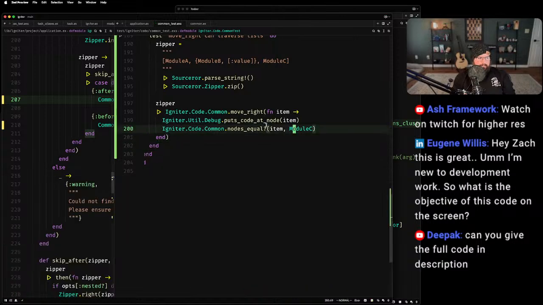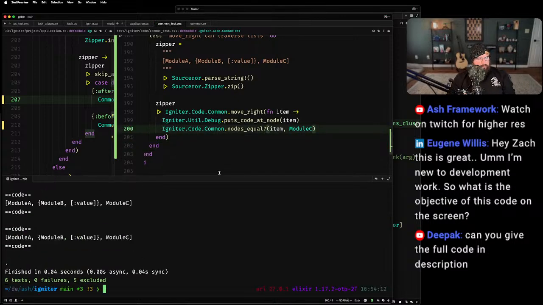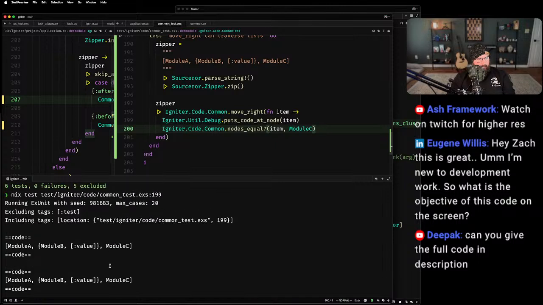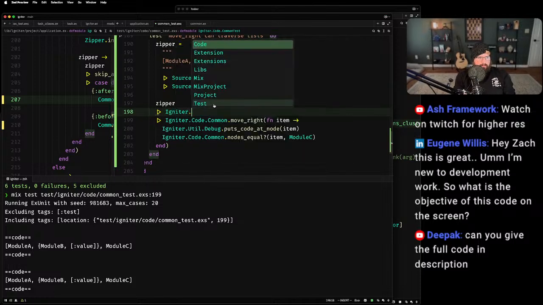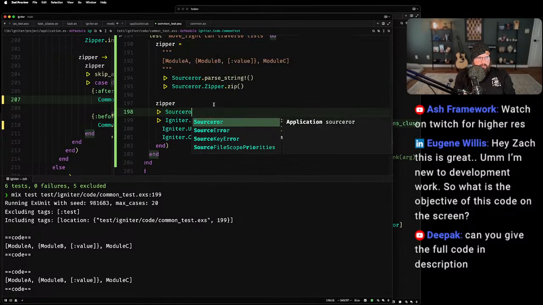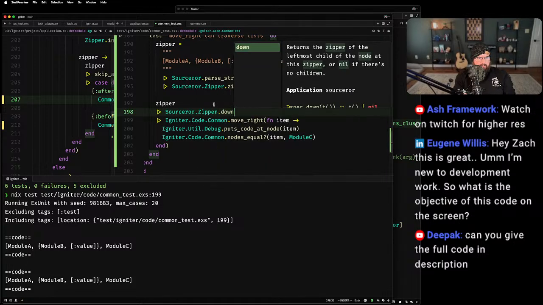Oh, no, that's fine. I just need to do igniter dot or sorcerer dot zipper dot down.